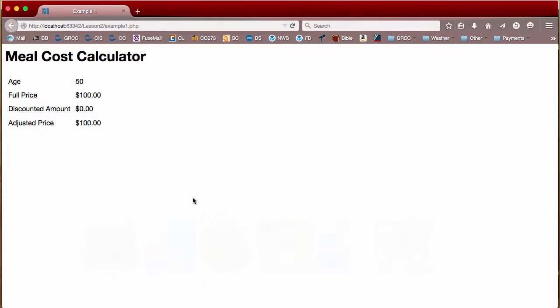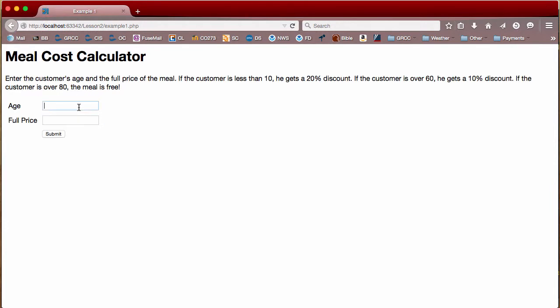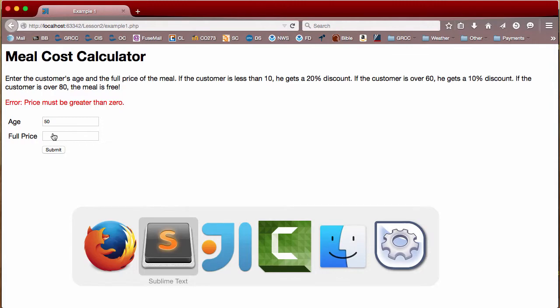The last scenario is if they come in and do something stupid. They put a good age, but they put a bad price, like -89. Hit submit. Notice you see a nice little error message in red. Age stays, price goes. And if I look at the code here,